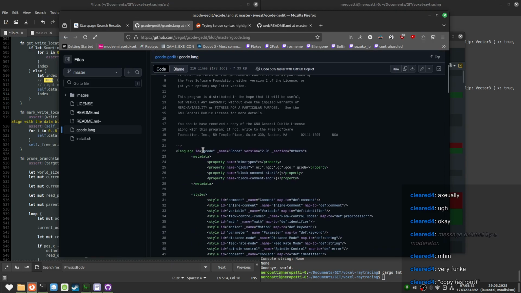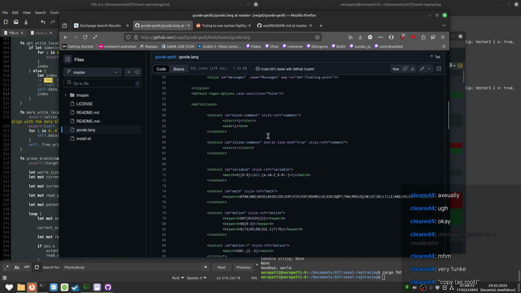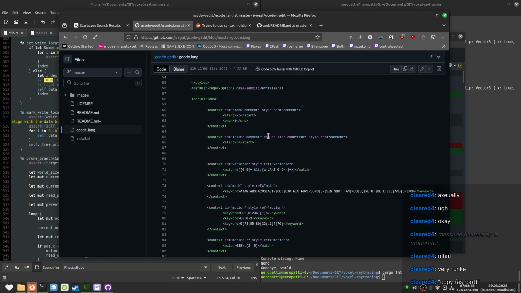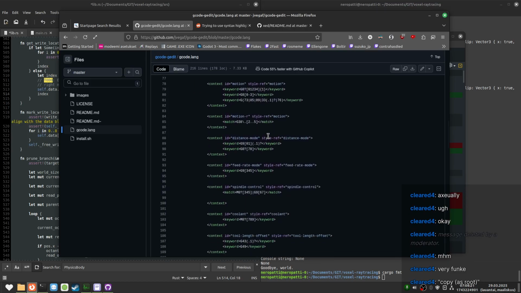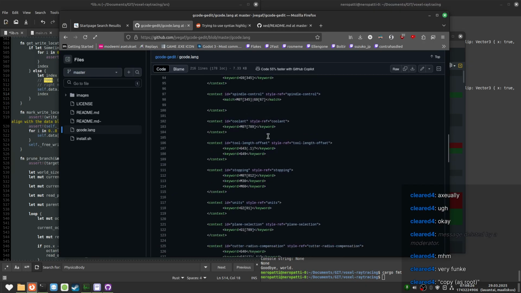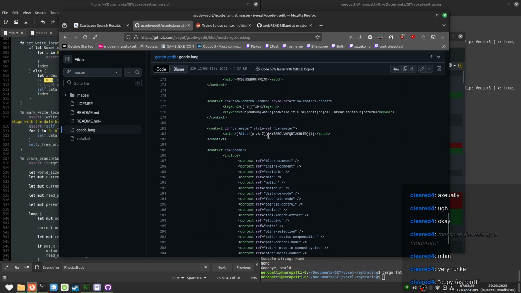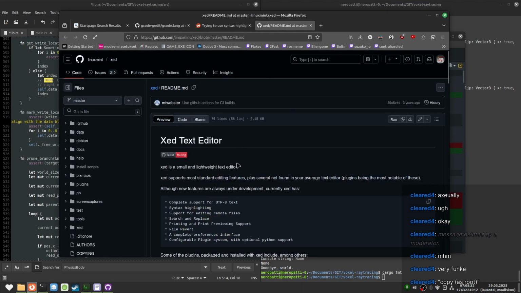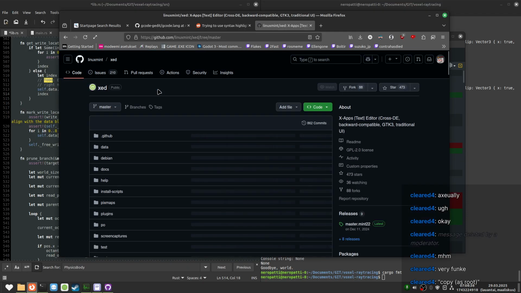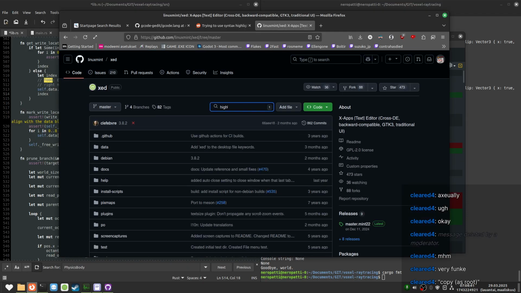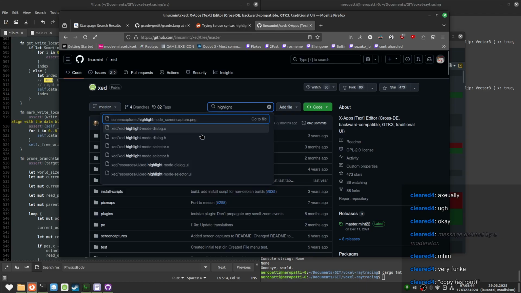It's XML. I see, I see. Highlight? Do we have anything with highlighting? There's mode selections. What about XML? Hello? Do we have...